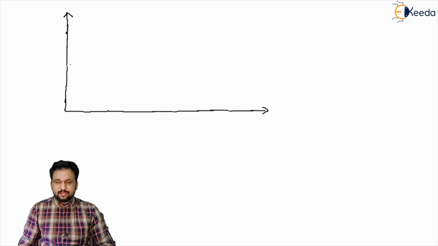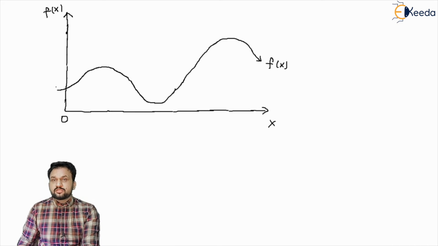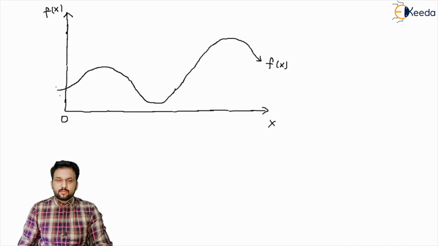a function is behaving like this, your required function. Here we can see this is your function f of x, and here it is x. You can say x or y is your origin point. My dear friends, here I'm giving the concept of absolute and local maxima and minima. Let's see. If you have some point here and you give its value the name a,